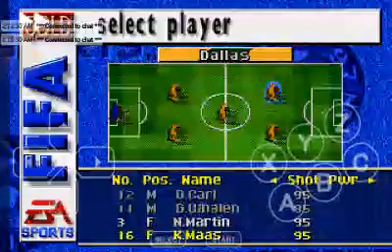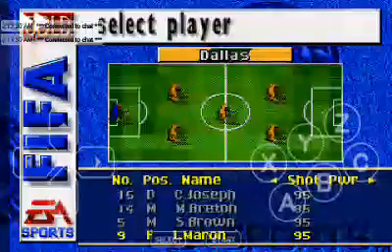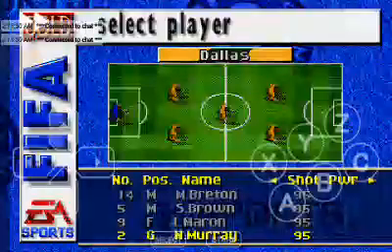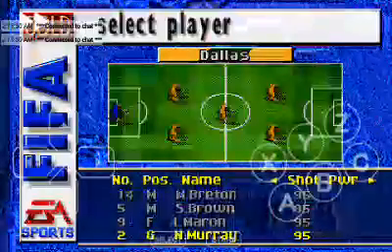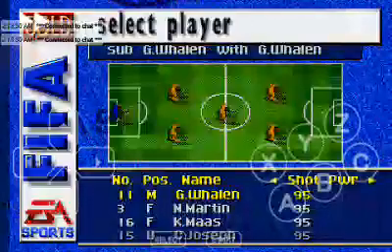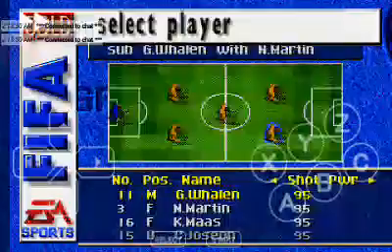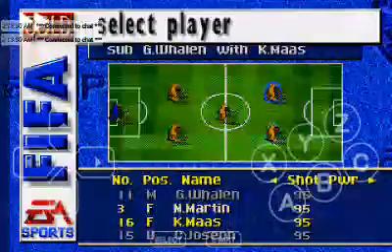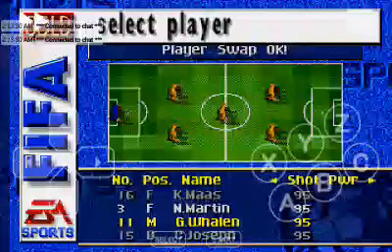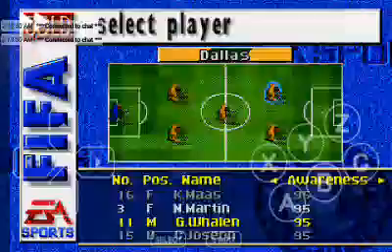But for their forwards, they're probably going with Wallen, G. Wallen, to enter substituting. Yes, definitely. G. Wallen will be entering substituting en masse.